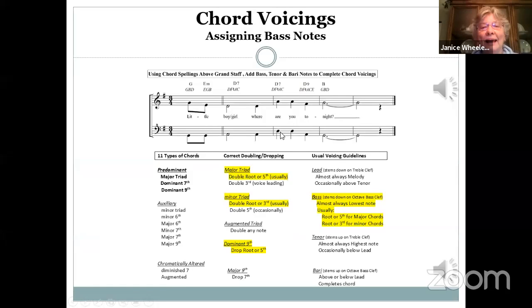we have different choices we can make. When the leads go up to the A of the D7 chord, then the basses will go to the D. And for the D9 chord there, we have a choice. We can drop the D or the A. And I think we're going to try it with dropping the root because that actually happens quite frequently. So we have placed the bass there in the D9 chord on the A, which is the fifth of that D7, D9 chord. And then we're back to